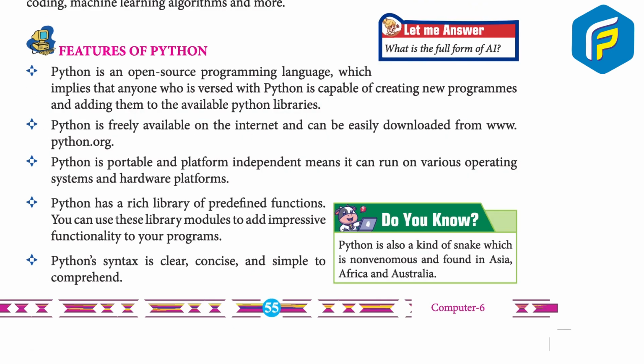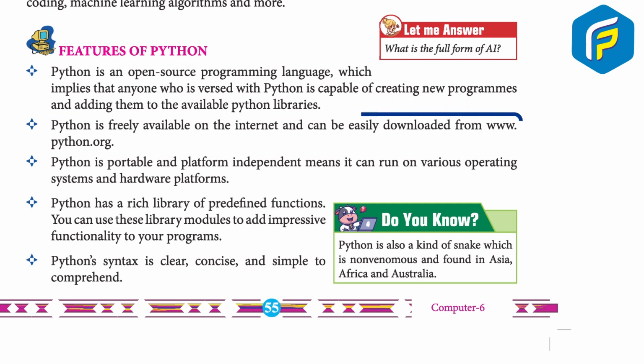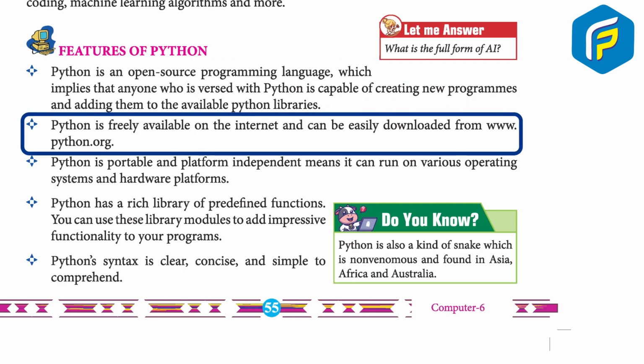Let me answer. What is the full form of AI? Features of Python. Python is an open source programming language, which implies that anyone who is versed with Python is capable of creating new programs and adding them to the available Python libraries. Python is freely available on the internet and can be easily downloaded from